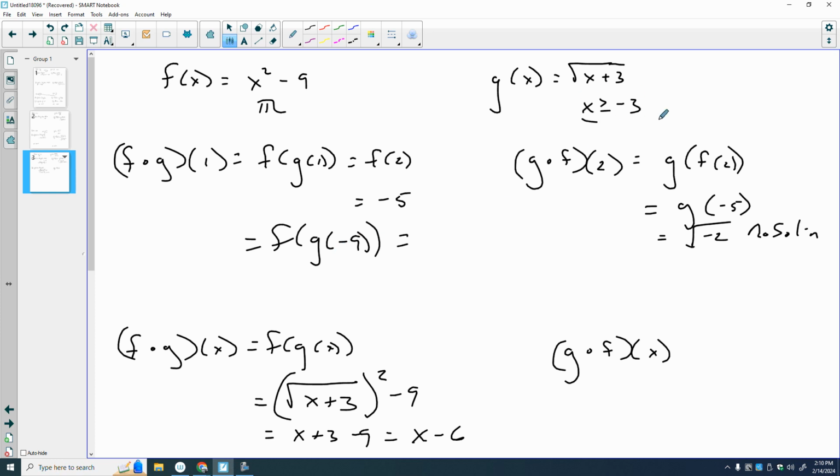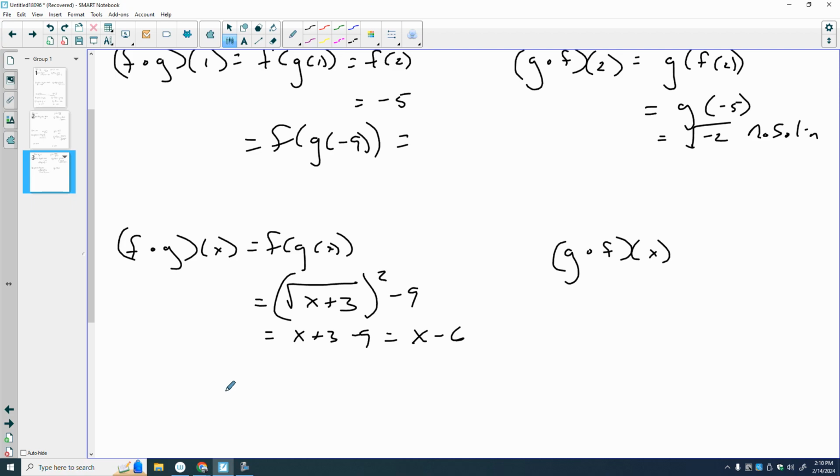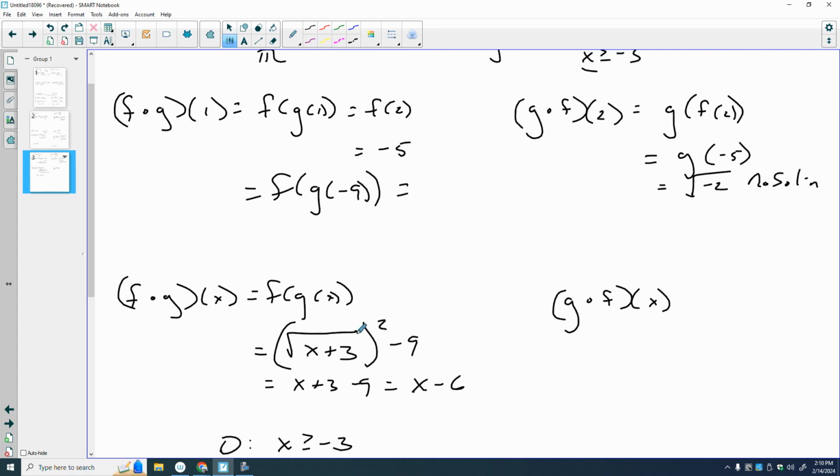So I have to go back to this domain, and even though this is all real numbers, my original function, the inside function, is not. So the domain of this one is x greater than or equal to negative 3. That's where you have to be careful when your composite function changes what the inside function is. This square root switched from a square root to a linear equation because of the square. Because these are inverses, they canceled each other out, and I changed what function I'm looking at. I have to be really careful when that happens, and I have to always go back to the inside function